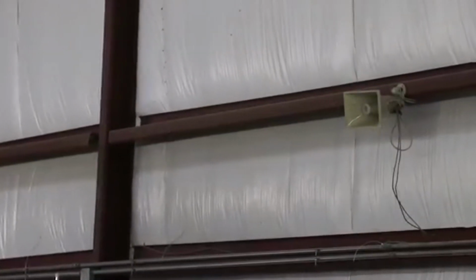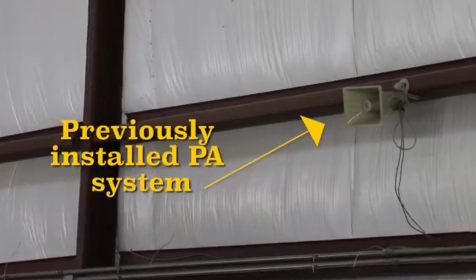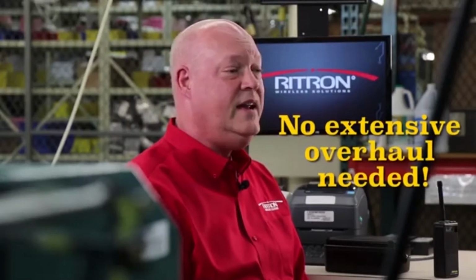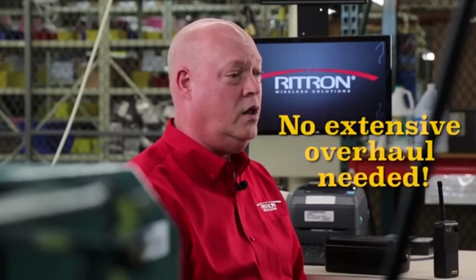Next, the radio-to-intercom bridge can be connected to a previously installed PA system. The benefit is there is no extensive rewiring or renovation needed at the existing PA system in a building or in a facility. This means thousands of dollars can be saved by not needing an extensive overhaul of a wired